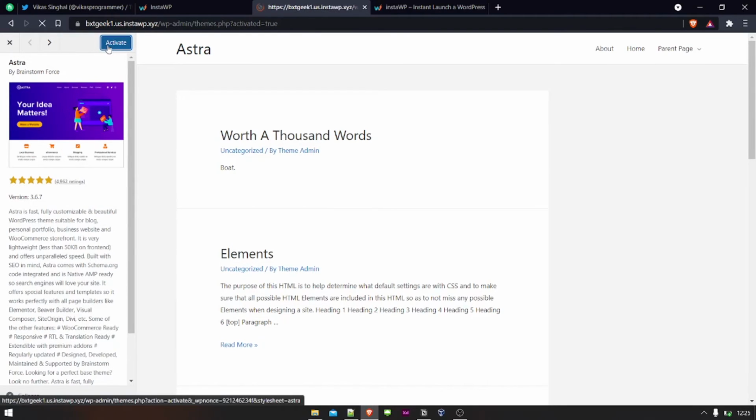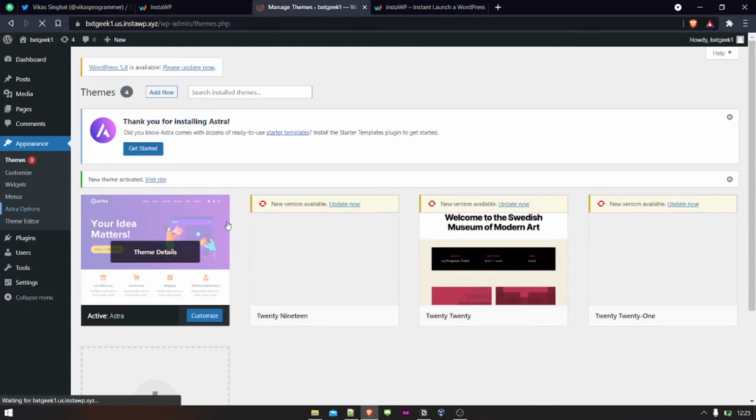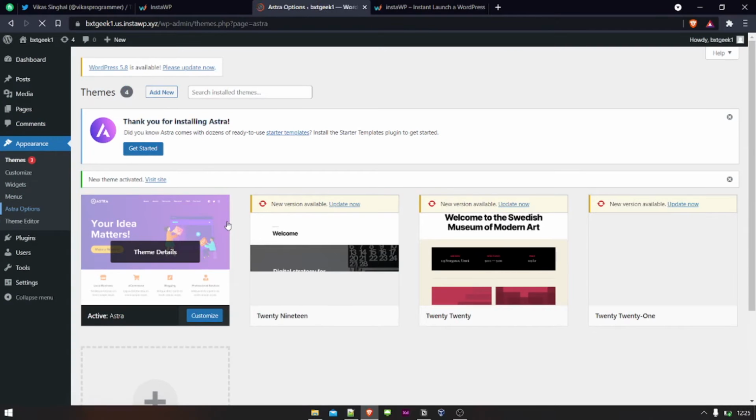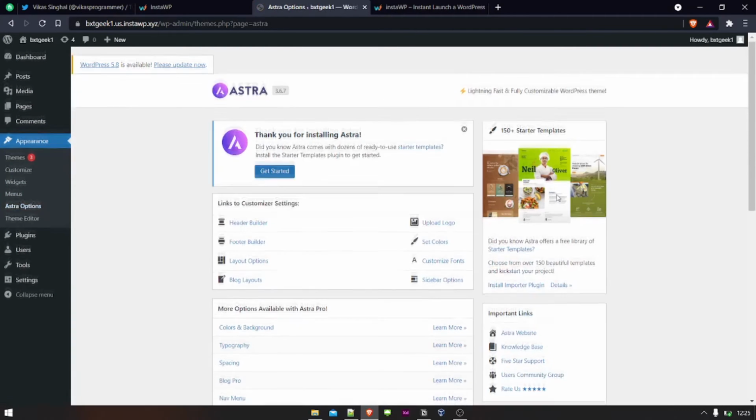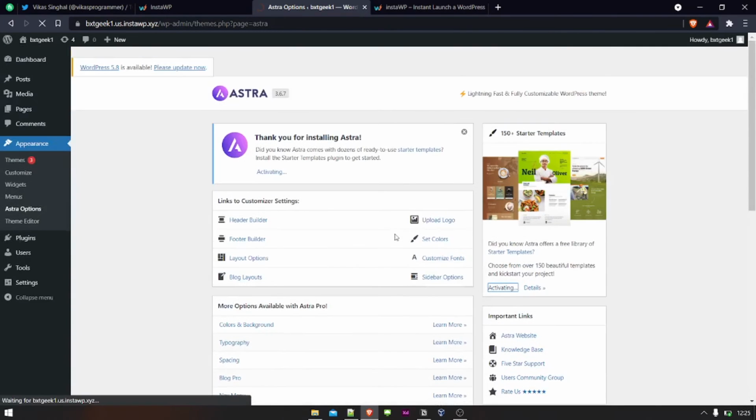Let's activate it. Astra options. Import a template. We'll import a template and see how it is.